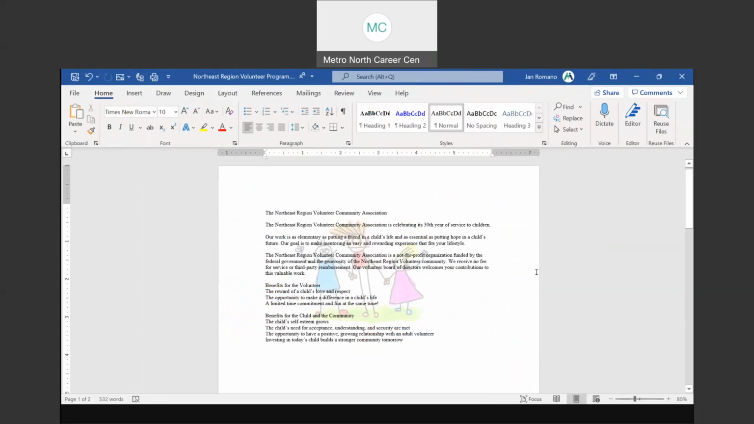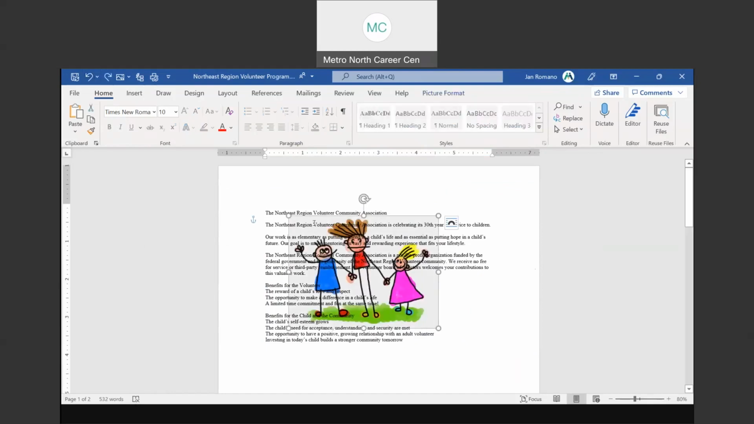I still can see it, but depending on what your document is about, let's say it's a flyer, it gives a little visual interest to this particular document. So I'm just going to hit undo for a moment. Your